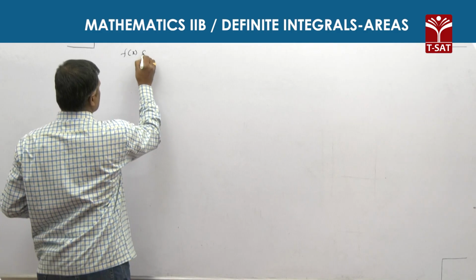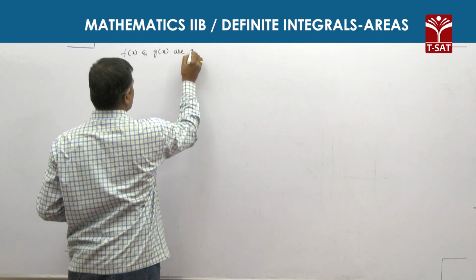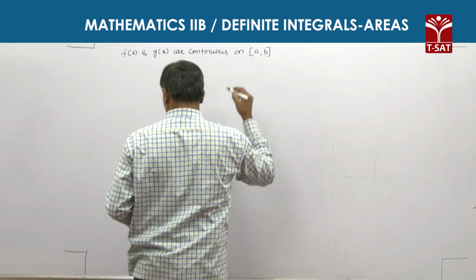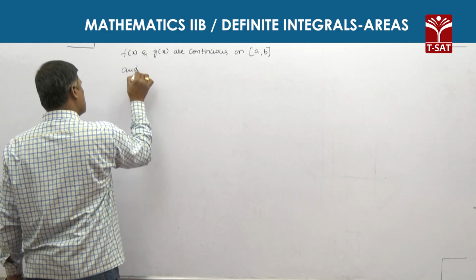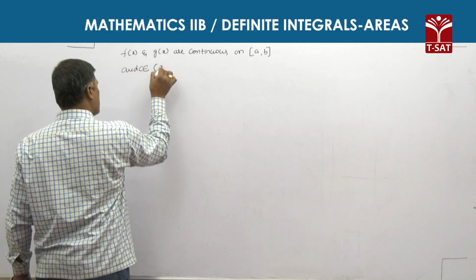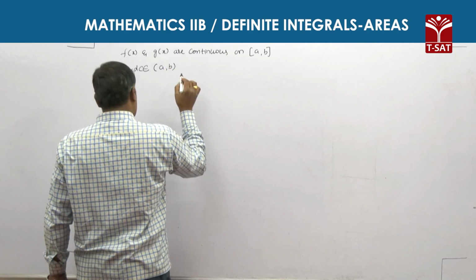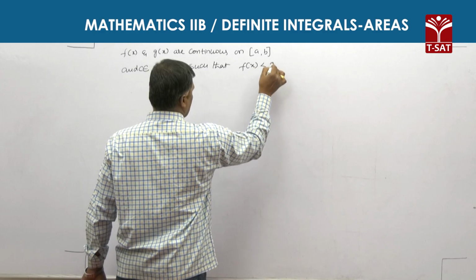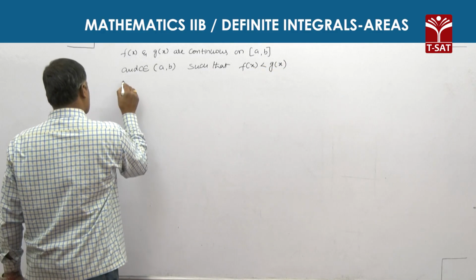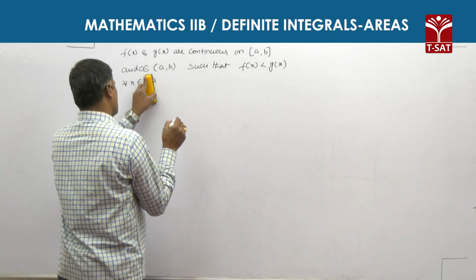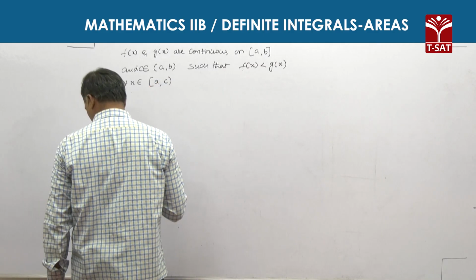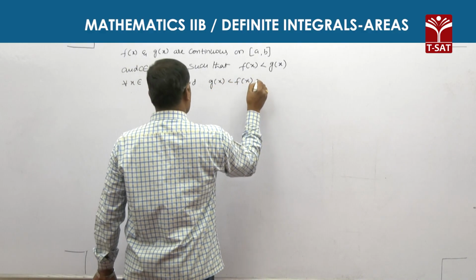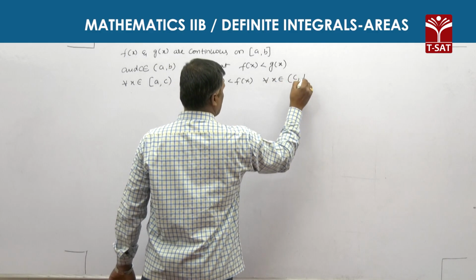f(x) and g(x) are continuous functions on the closed interval [a, b], and c belongs to the open interval (a, b) such that f(x) is less than g(x) for all x belonging to [a, c), and g(x) is less than f(x) for all x belonging to (c, b],